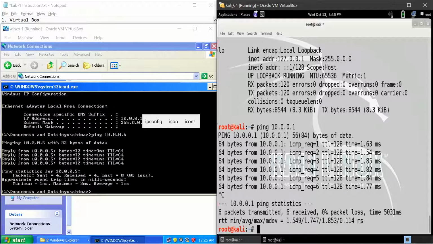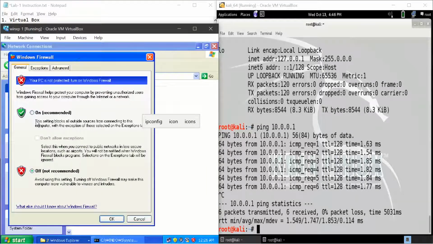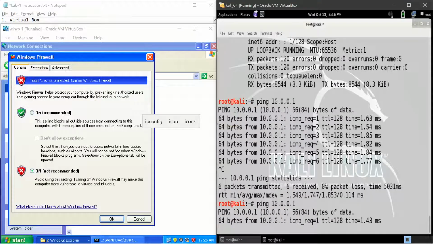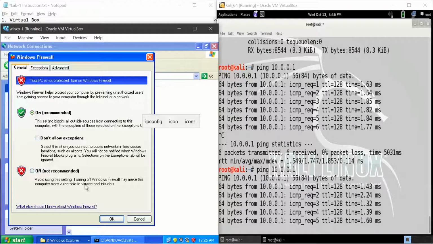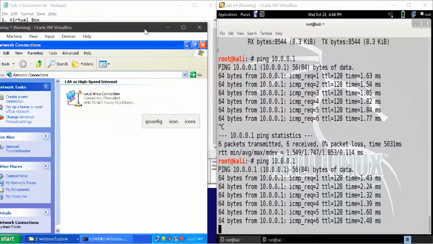If you want to check the firewall settings, for example, if I ping here, it pings. When I switch on the firewall, it will not ping. It stopped here.